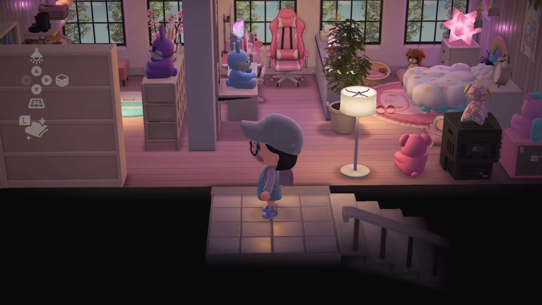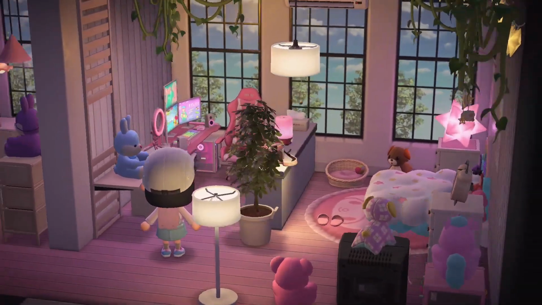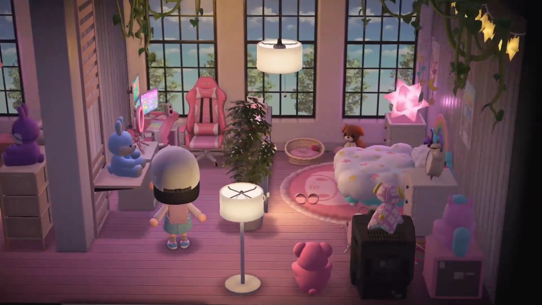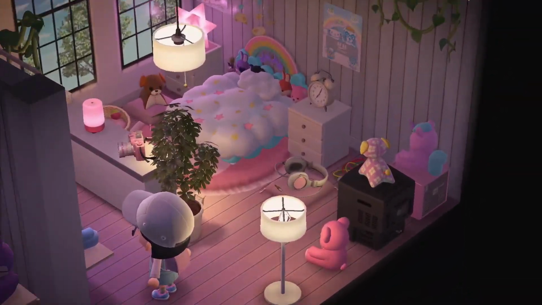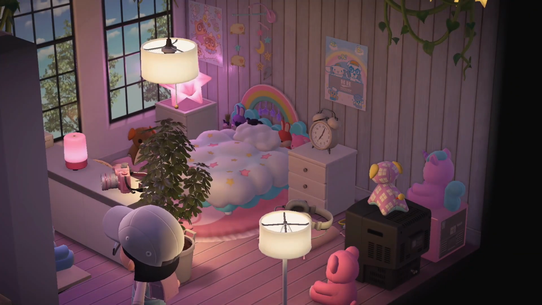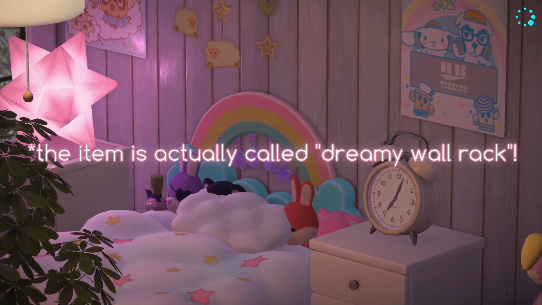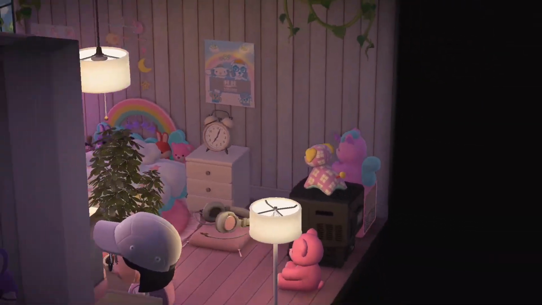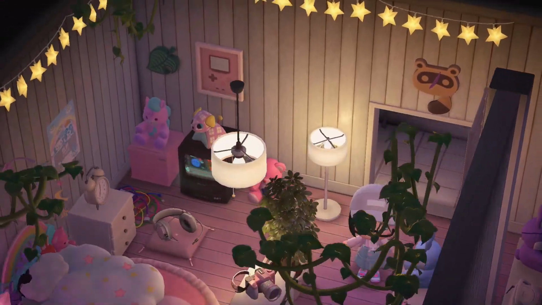Okay, up here is my bedroom. Well, the right side is, left side is the closet. Of course, we've got the pink gamer setup. And over here, we've got the super cozy looking twin stars bed. Oh, what I would give to lay on this bed. I just know I'd have the best sleep of my life. Also, these plushies that look like they're on the bed are actually some dreamy wall shelves that I placed on the wall. And in this corner, if I can maneuver my camera around properly, is a messy little corner,